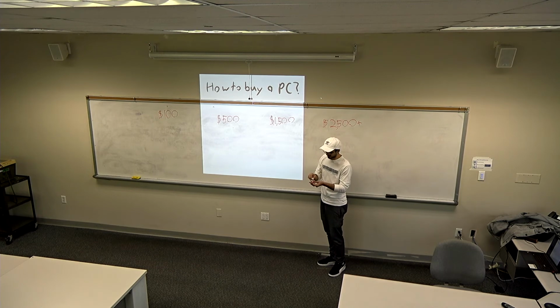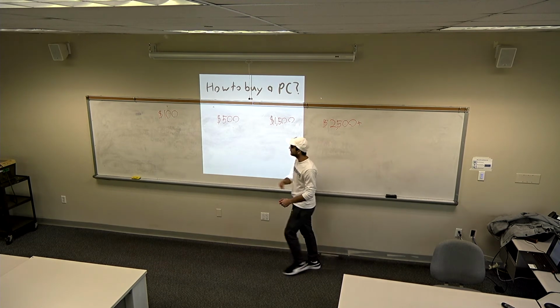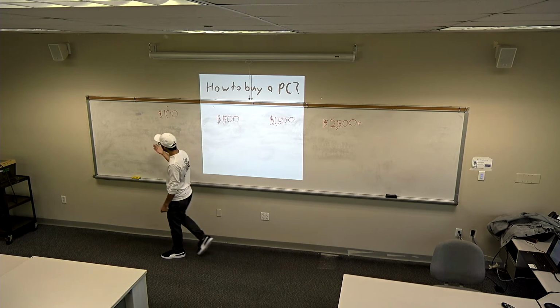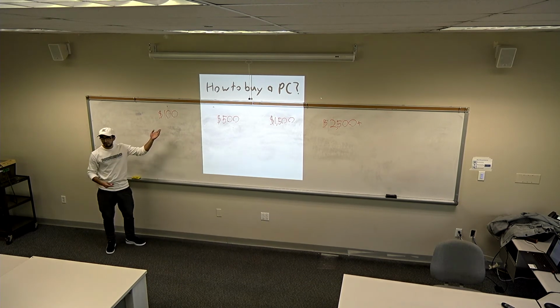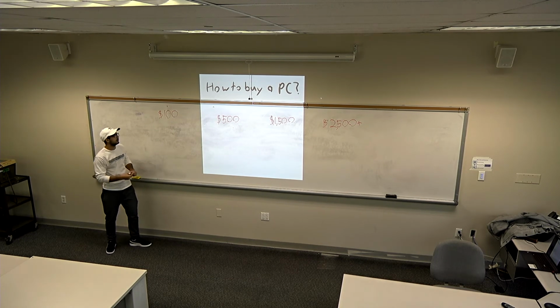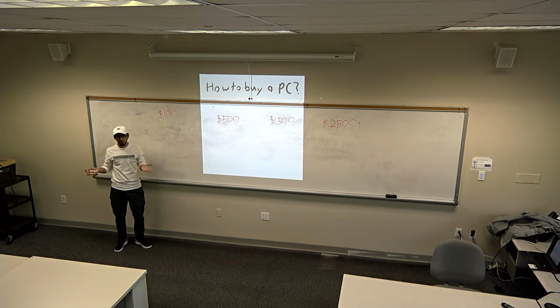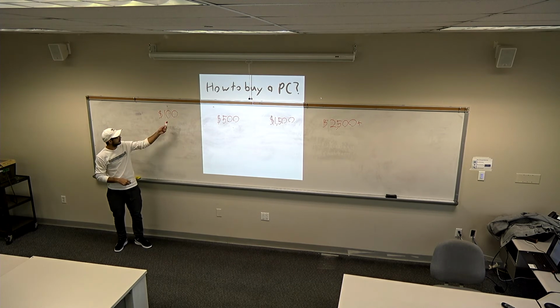So, you're probably wondering, what the hell do these numbers mean? What are these price points? Well, simply, if you want to just build a standard PC, you can pick up one of those old workstation computers, add a graphics card for probably even less than $100, and there you go, you've got a working PC. Obviously, you're going to need a monitor, mouse and keyboard if you want it to work, and a headset or speakers depending on what you use, but more or less, you can start building a PC